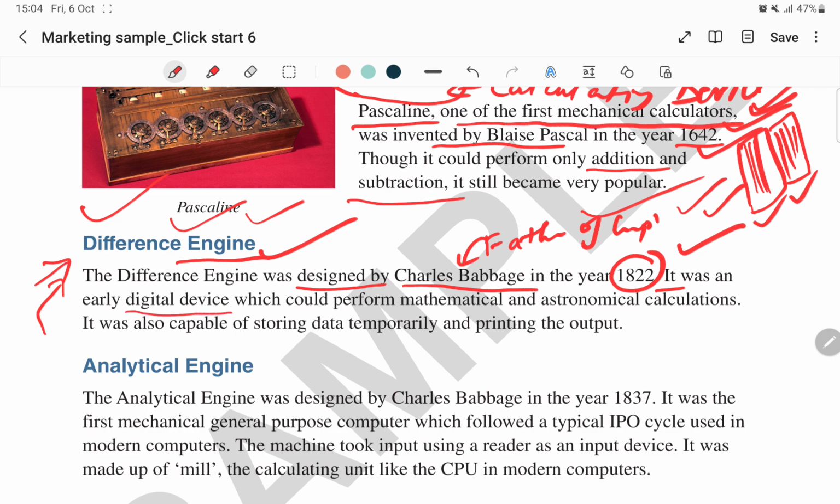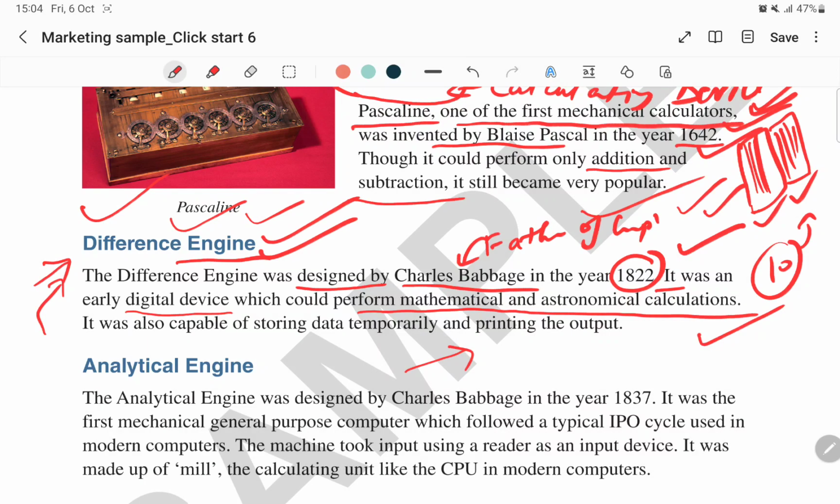So it was an early digital device which could perform mathematical and astronomical calculations also. It was not a normal device; it is also 10 steps ahead of the other calculating devices which we have covered right now. It is used to do calculations of astronomical type, in the astronomy domain. Like the distance of the sun, the moon, in the universe. What are the distances, how much time it will take to revolve, rotate. Those kinds of things in astronomy. So in astronomical calculations,